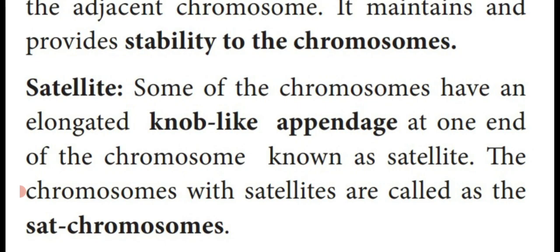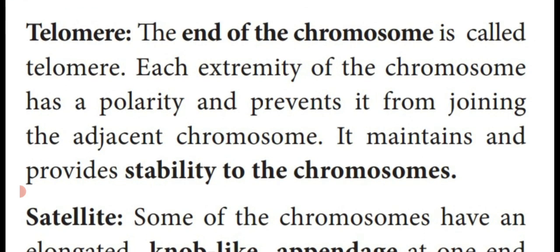These are all the four regions of chromosomes. First one, primary constriction, otherwise known as centromere. This centromere contains the spindle fiber which attaches the chromosome during cell division. Next one, secondary constriction. It is not present in all the chromosomes. In some chromosomes, the secondary constrictions are present at some point of the chromosome. They produce nucleolus, so they are known as nucleolar organizer. Next one, telomere is the end of the chromosome.